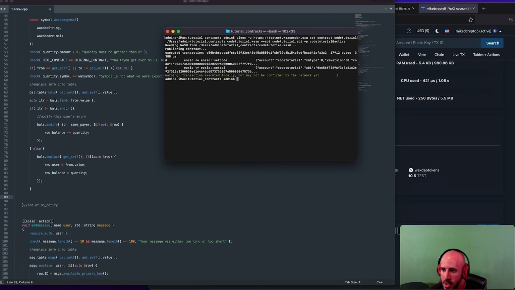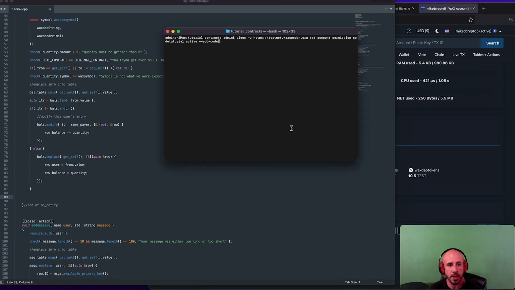I'm just going to have to find my file that I copy pasted this from. All right, and this is it right here. So CLEOS, and then you put the -u flag and specify the node you want to submit this to. That's how I do it anyway. So we're going to be submitting this to the testnet because that's where I want to do this. And then it's set account permission, the name of the account, which is code tutorial, the permission, which is active, like the permission that you're signing with your active key. That's what I'm doing anyway. And then add code. So this is how you add that special code to give the contract permission to send tokens. So if we hit enter,